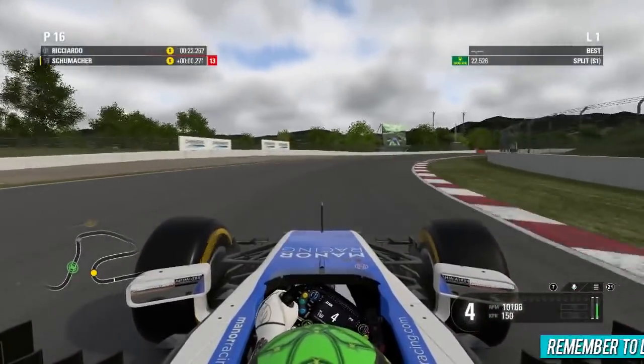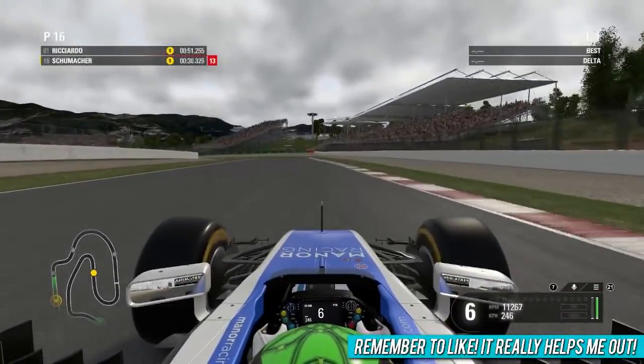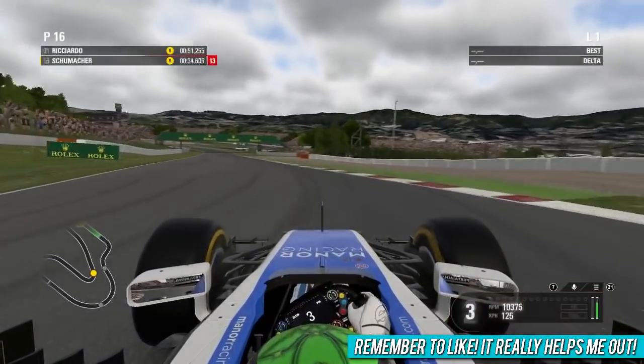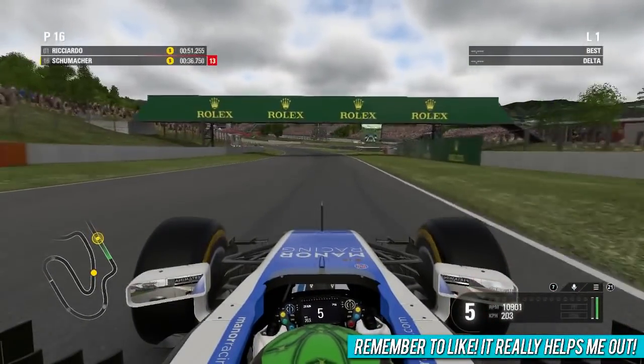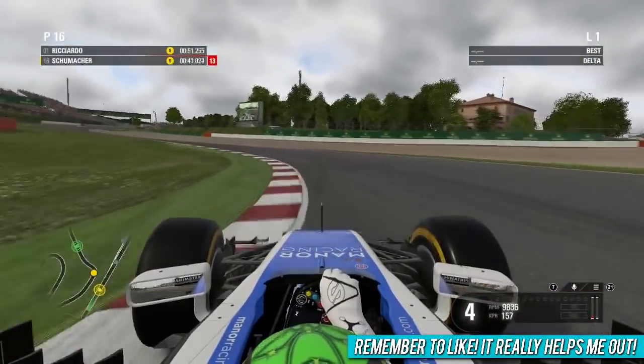And Mick Schumacher so far only 2 and a bit tenths down, so not too bad, as he gets all out of shape on the exit of 4, which isn't going to help his lap time. Now going into turn 5, locking up the left front, completely missing the apex, which is a bit of an issue. So a fairly scruffy second sector so far as we go into turn 6 and 7,